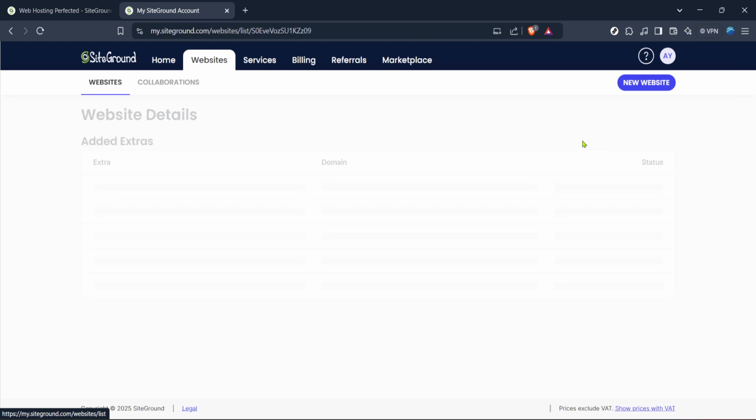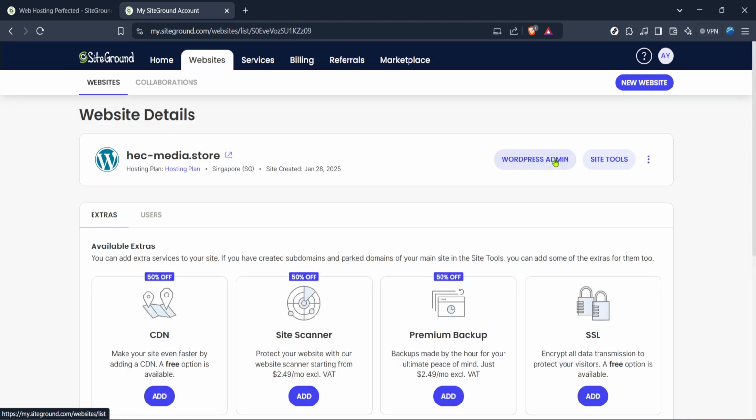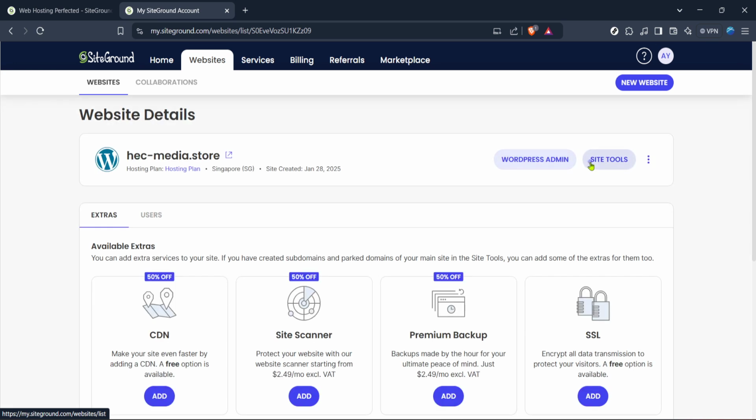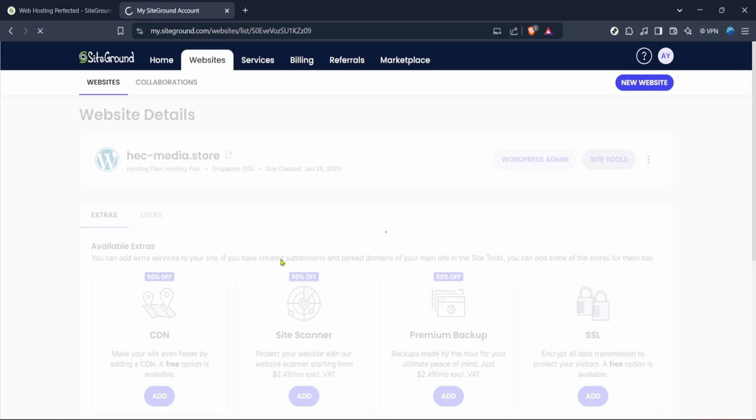After that, you're aiming to find and click on the email option within the Site Tools menu. This is typically tied to managing existing email addresses or creating new ones if needed. With the email section open, you'll want to locate accounts. Click on it and you'll be able to see your email accounts listed. It's a neat and organized way to view all the emails associated with your account.